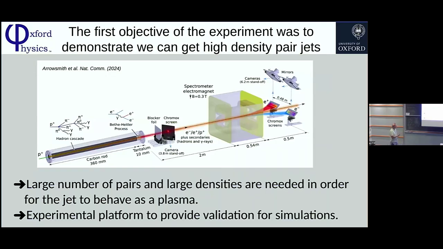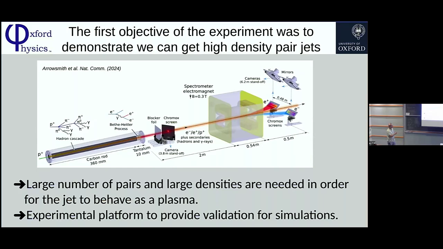We have the proton beam coming from the SPS. The proton beam goes through a target, which is mostly composed of carbon. As the proton interacts with the carbon, a hadron cascade is initiated. Among the various processes, we have a formation of pi zero. Pi zero has a very short lifetime in the laboratory rest frame, around 10^-20-something seconds. So it decays immediately into 2 photons.